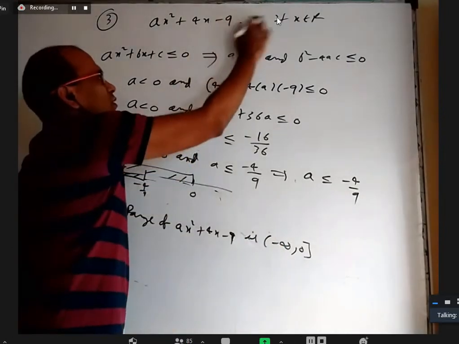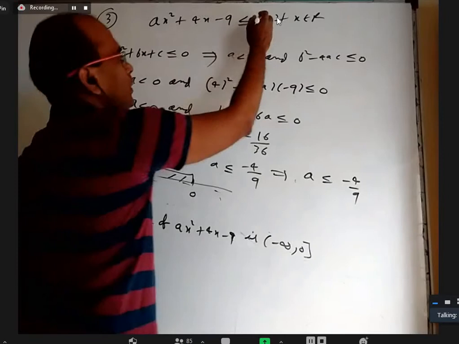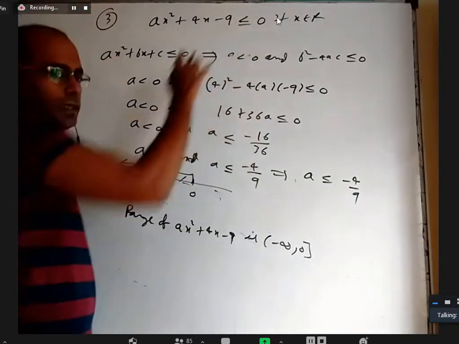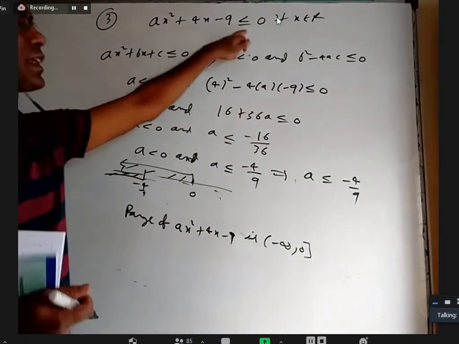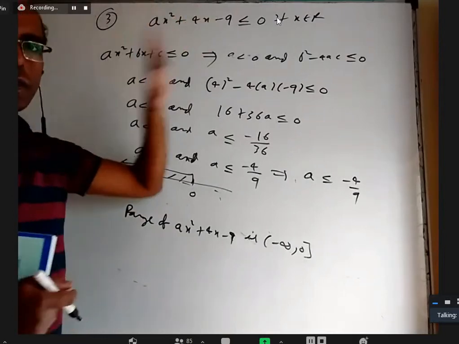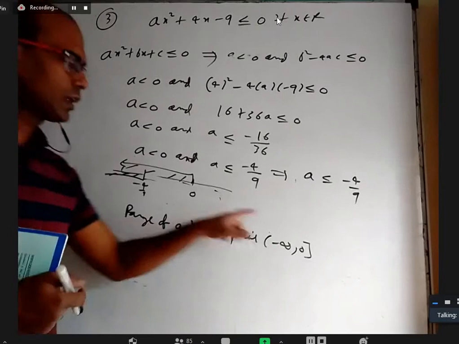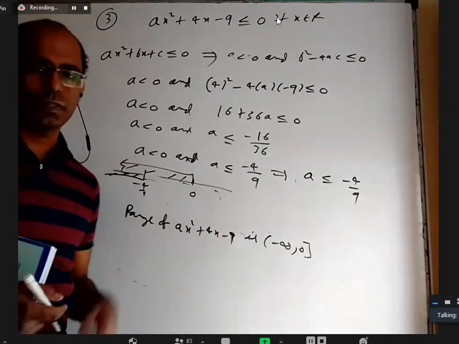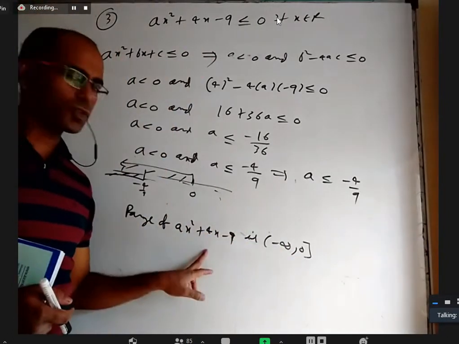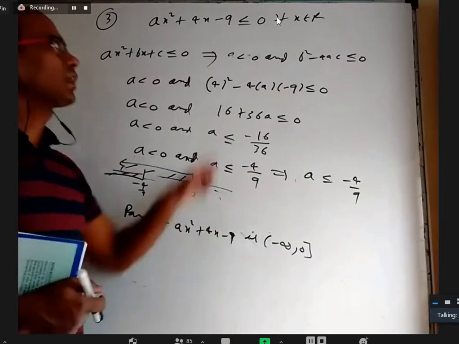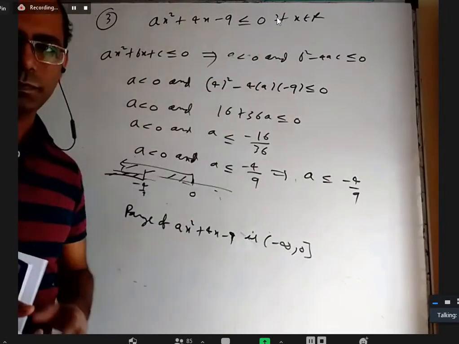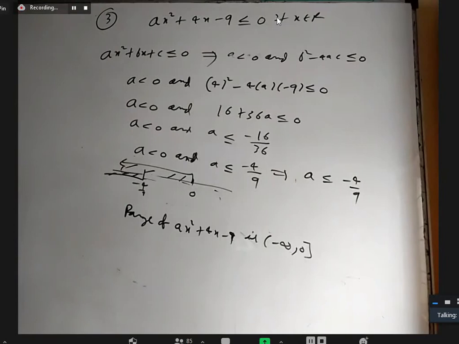The difference between these two is that here it is not compulsory that it should attain 0. All values should be negative; they can be 0 or they can be negative. But here it should attain 0 also for some x value or other. That is the difference between these two. So for this, roots must be equal, whereas for this, roots can be complex or equal. There is a difference. All of you can understand that, right? Yes, sir. Okay.